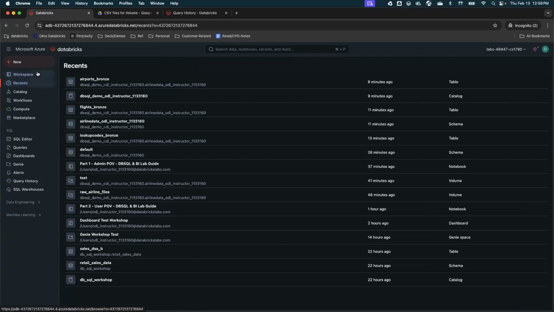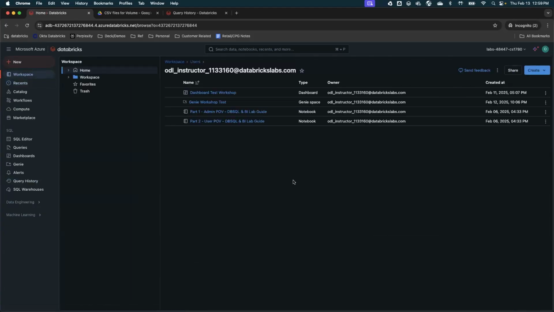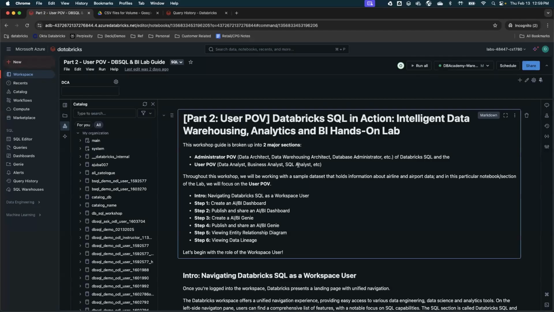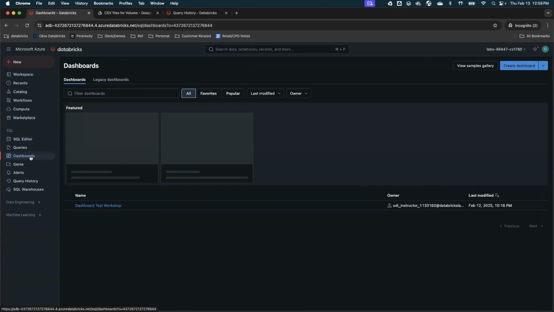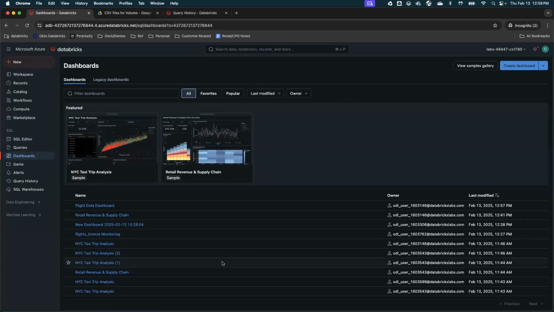So again, you go into your workspace and you should be able to see part one and then part two. Part two is where we'll create a dashboard. So basically what we will do is go to the dashboard section. I can already see there are some dashboards created.